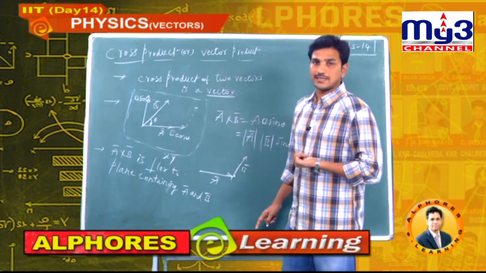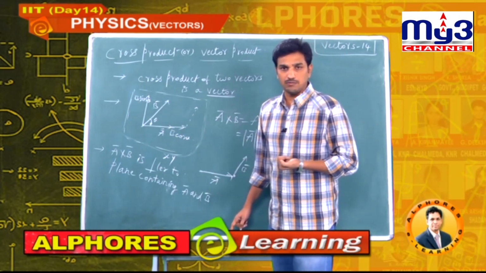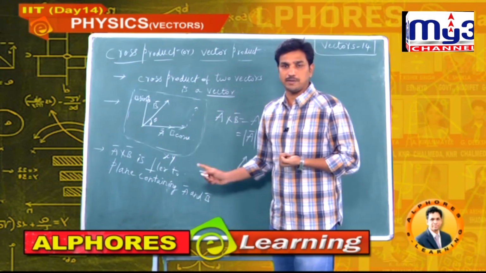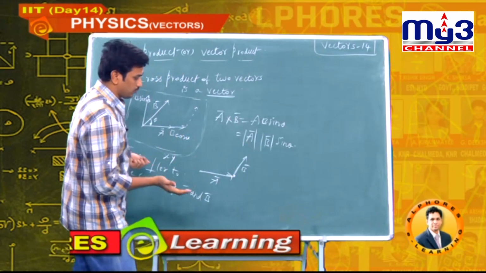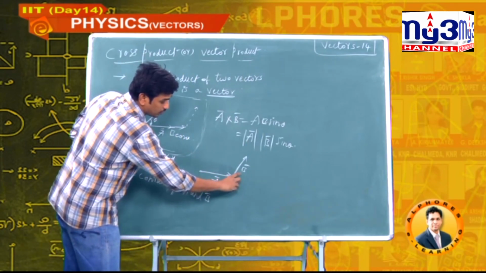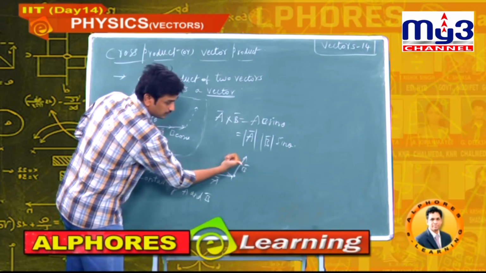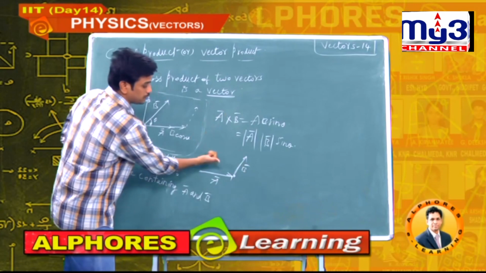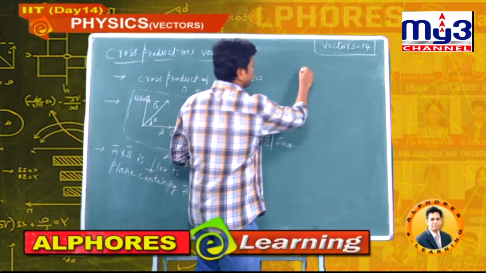But to know the exact direction, we are going to use the right hand rule to identify the direction of A bar cross B bar. Once again, I will tell you the right hand rule. Head connected to tail. Now for the direction of A cross B, curl your four fingers, and the thumb indicates the cross product direction. This is plus K, this is minus K. Now the next point.